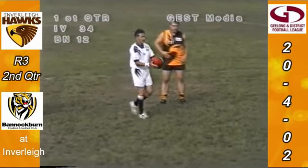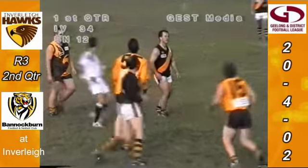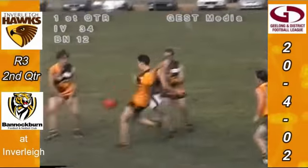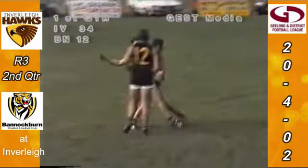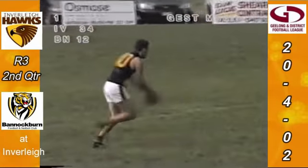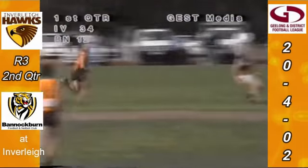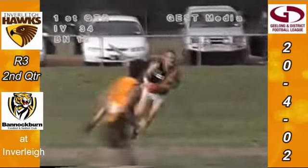It's a little bit ugly just at the moment, the football. Watch for the plucked free kick. Cook and Giles. Cook takes it out of the ruck contest, goes towards half forward, far behind on this occasion. Gadd does well and takes the mark. White running off, but he elects just to hold it up. Stephen Gadd. Now he goes towards White in the middle and he takes the mark. Plays on quickly now. Oh, he's going to have to be careful, and he just got his kick away, but